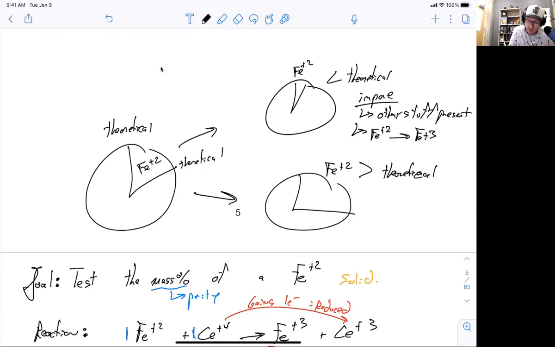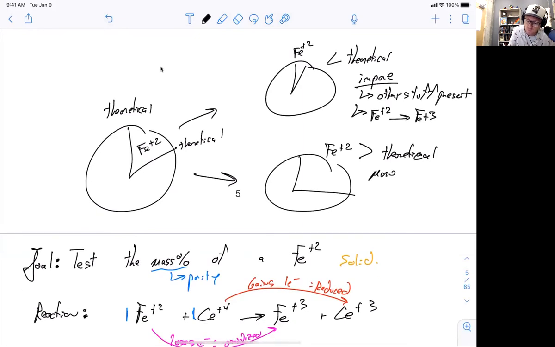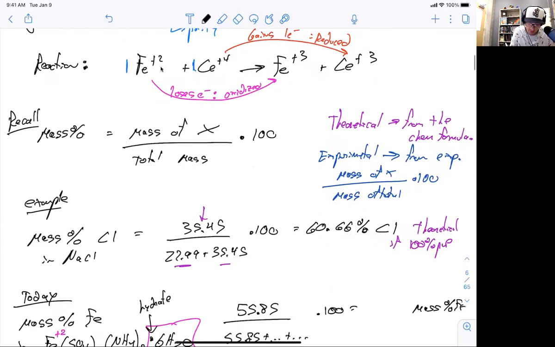And you might find this today. If your experimental percent of iron 2 is more than the theoretical, what this means is that there's more iron 2 than you expect. And one explanation for that is maybe some of those waters in the hexahydrate